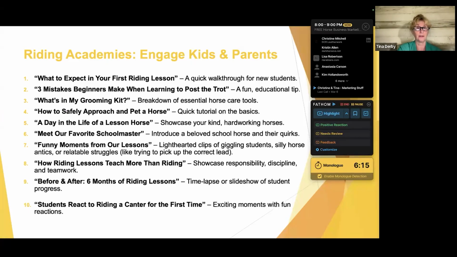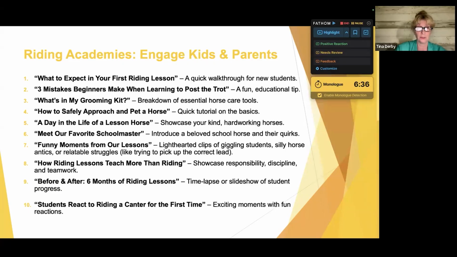Here's number 4: how to safely approach and pet a horse. Sounds so basic that you wonder who would want to know this? Well, I have a client in San Diego who had a blog on her website, and the most popular post on her blog was how to pet a horse. When I first saw it, I thought it was a joke. Then I went to it, and it's a serious article about how to pet a horse. I guess when you grow up with horses, it's second nature. But for a lot of people, they don't know how to pet a horse and they want to know. So it's a great post and I think it'd be a great video.